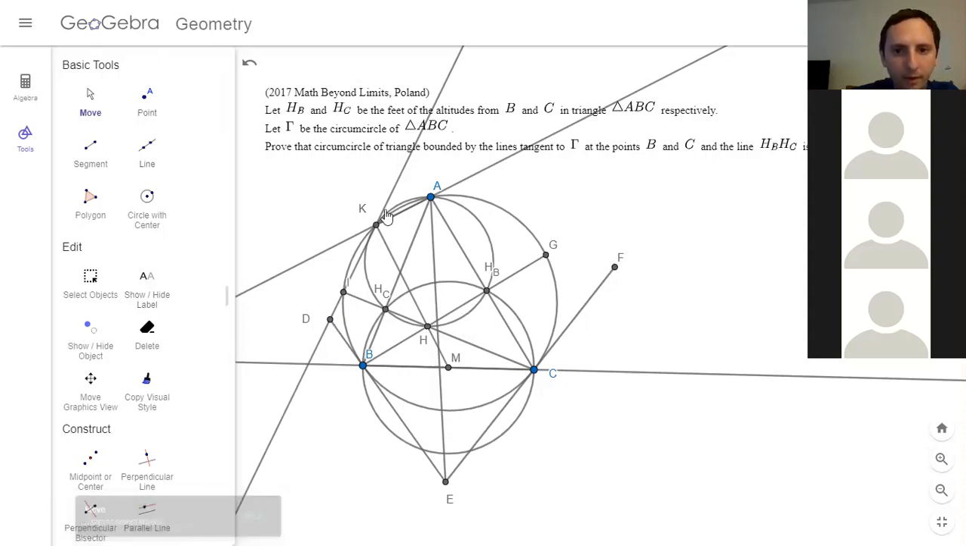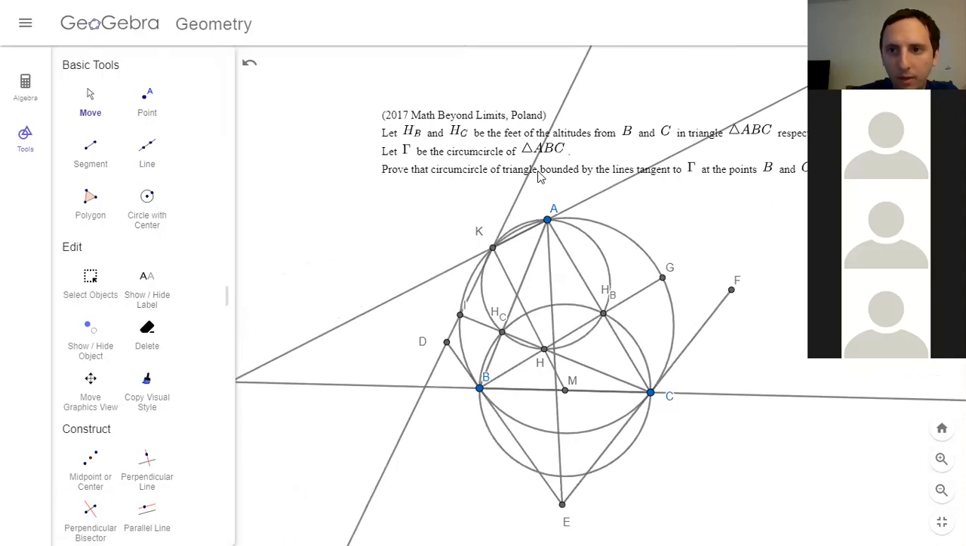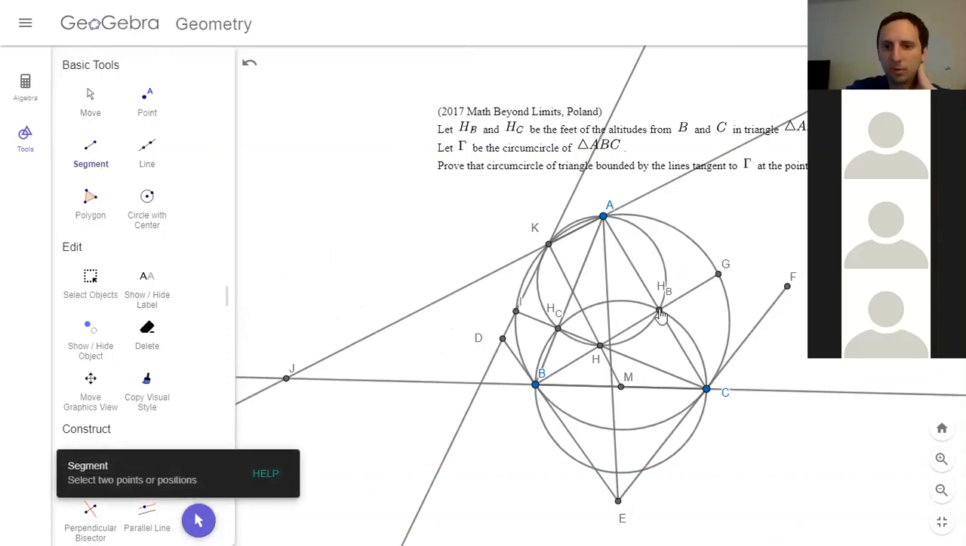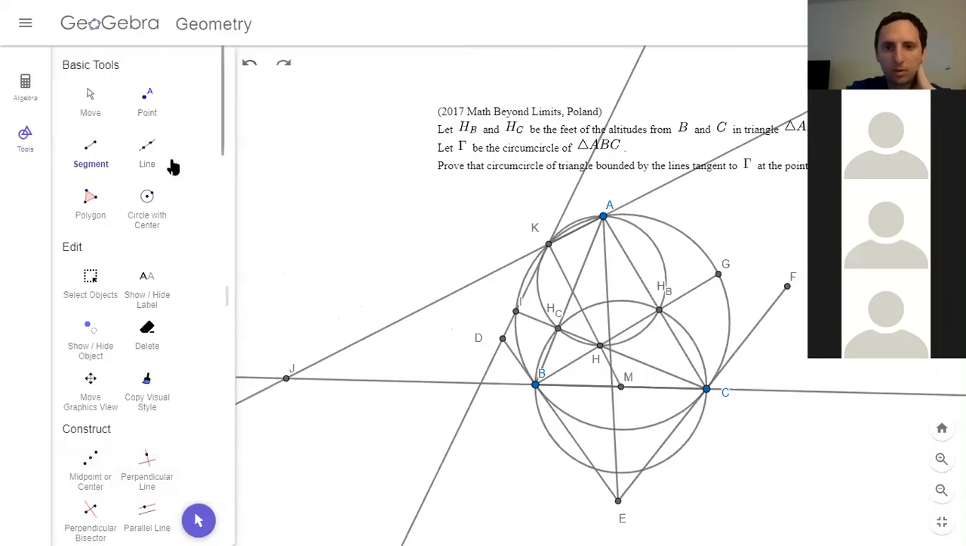Yes, sorry. We know that D prime is on HBHC from Pascal. So we know that D equals D prime, because HBHC, AK, and BC are concurrent by the radical axis theorem. And so by Pascal's on AKIC